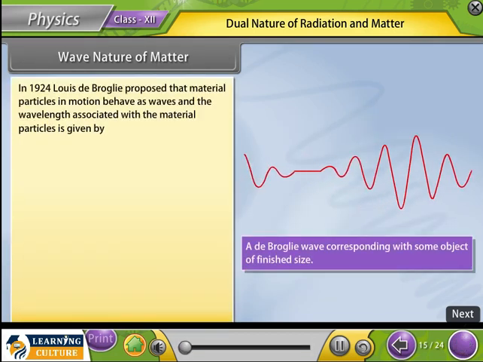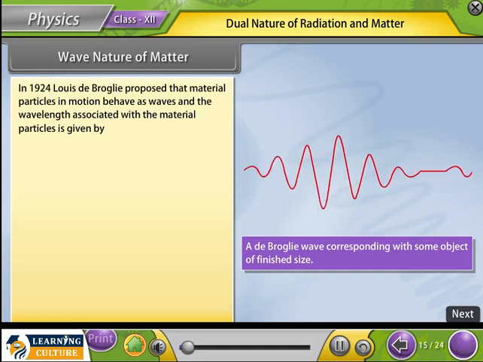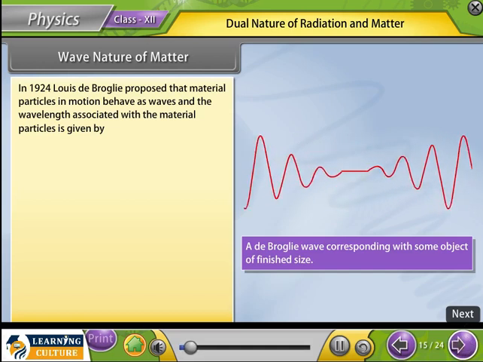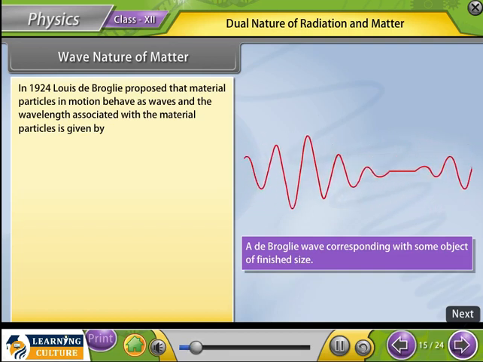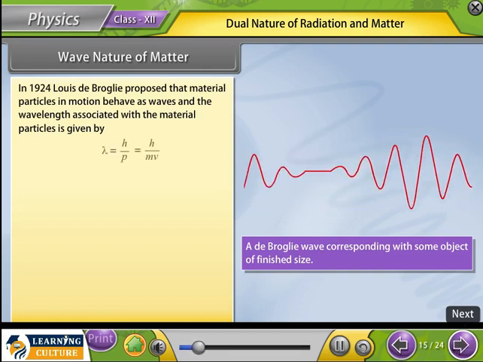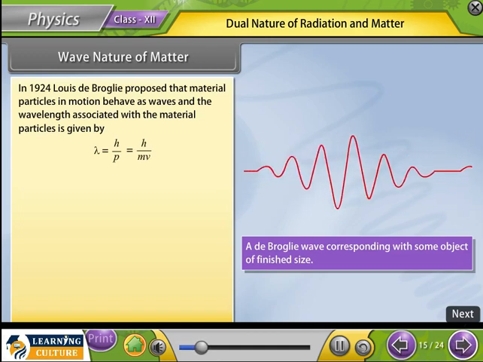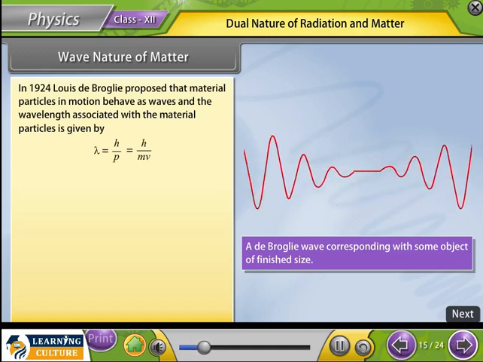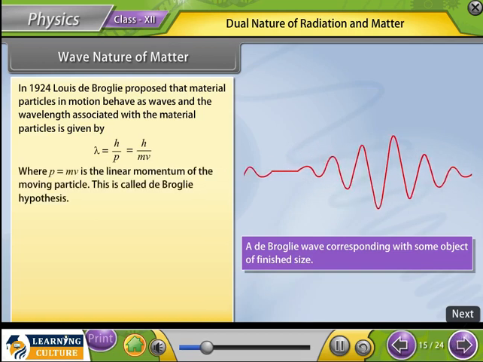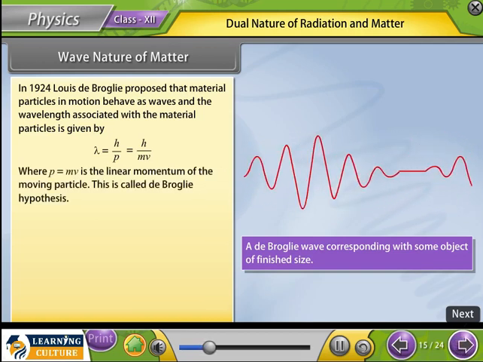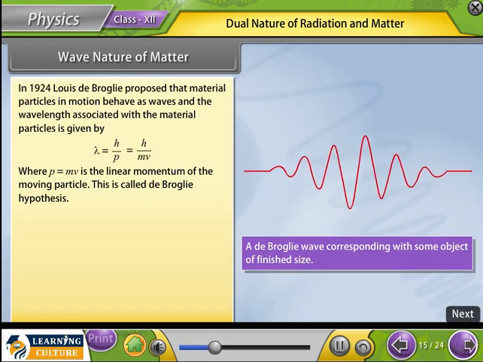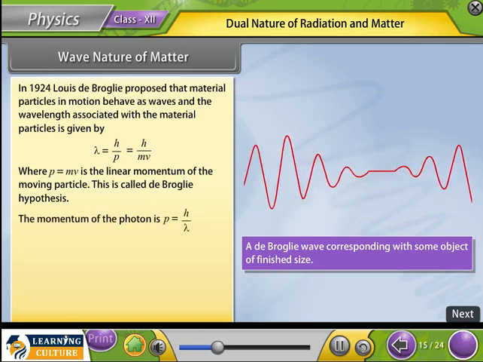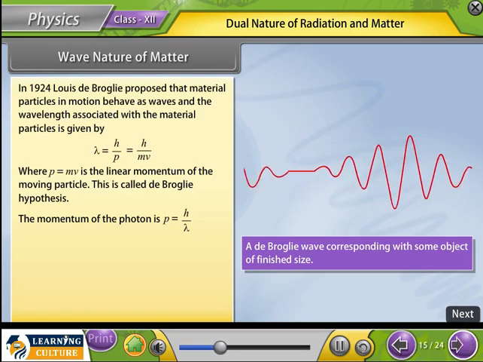In 1924, Louis de Broglie proposed that material particles in motion behave as waves, and the wavelength associated with the material particles is given by lambda equals h by p, which equals h by mv, where p equals mv is the linear momentum of the moving particle. This is called the de Broglie hypothesis. The momentum of the photon p is equal to h by